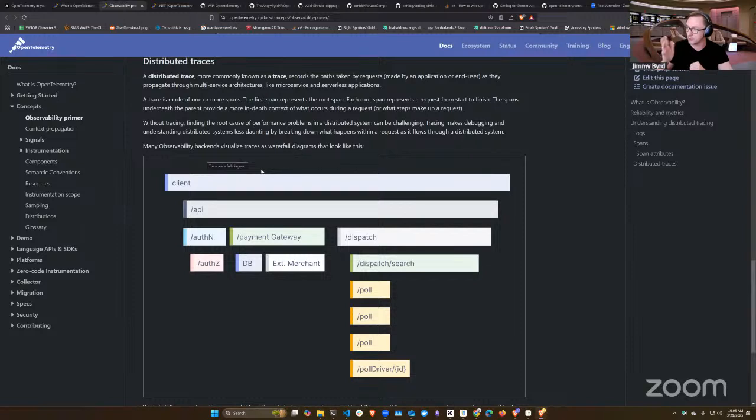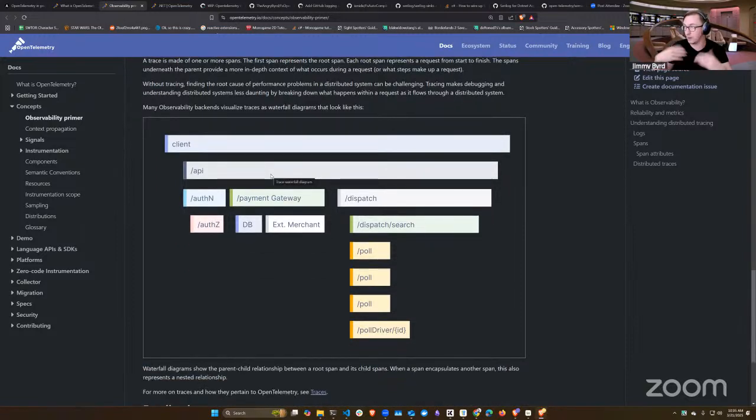So this gives you two things when you look at this. One, you can see where things are just taking the longest, and so you can potentially use this as a way to diagnose performance issues. The second thing is when you have an error, you can get to know where this is at. That makes more sense in the